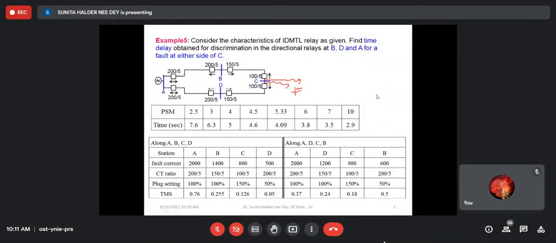And you know from the previous example, once we set the relay for the worst fault, then for the other faults the system will be automatically protected. So the relay characteristics data is given, along with the fault data from fault analysis for the path ABCD. That means what will be the fault current in the path ABCD as well as in the path ADCB, that means in the opposite direction. And you know, when current through the relay is outward from the bus, then it will be considered as a fault. Otherwise, it is a healthy condition.